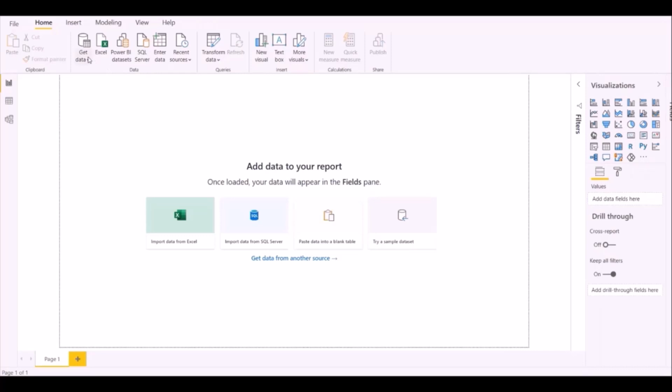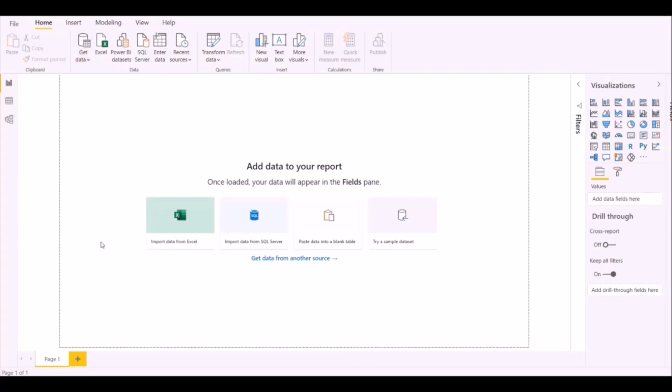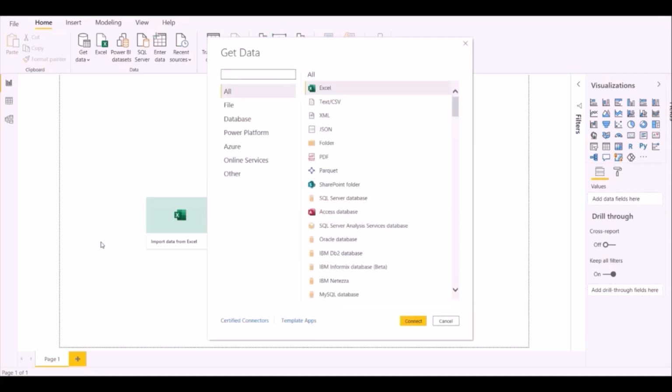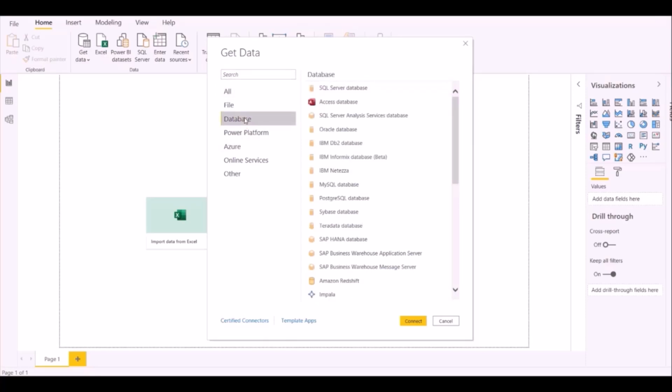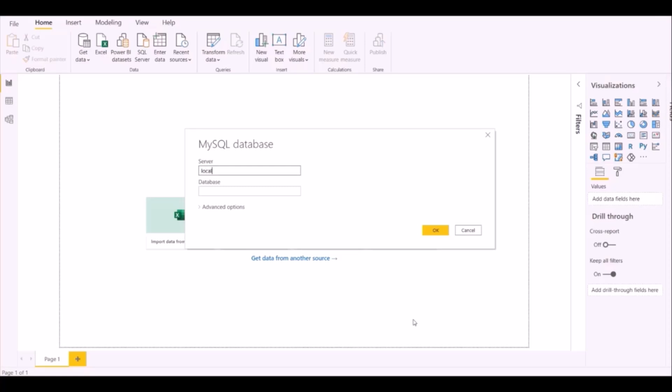Now let's import MySQL table in Power BI. Here you can find MySQL database. Else you can go for database menu also. There you will find MySQL database and click on connect. We need to provide a server name as well as database name and click on OK.